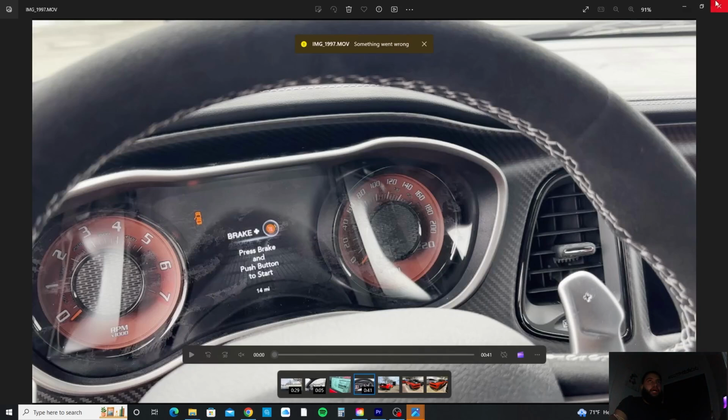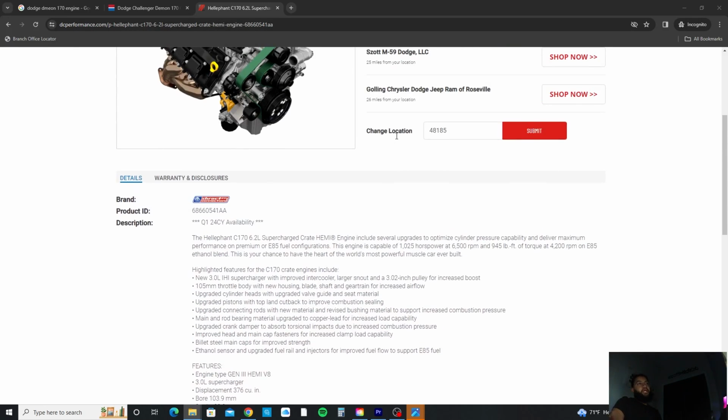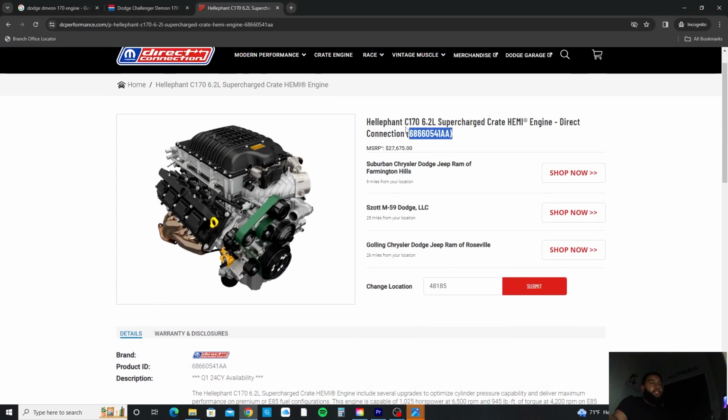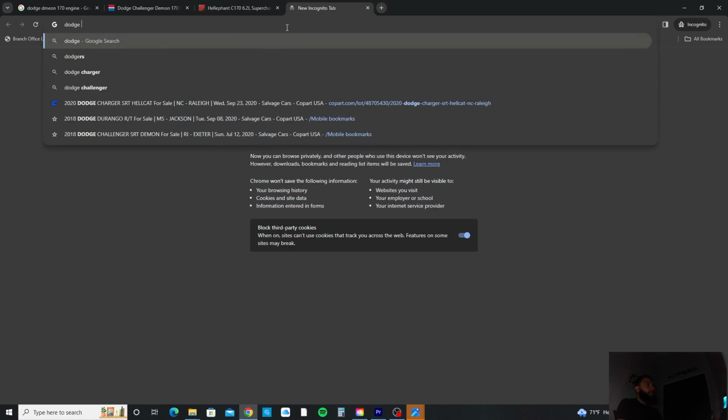Don't get me wrong, it's a cool car. It is the fastest production car that's out to this day, but it's just not worth the money, especially with these dealers trying to get out of them. It's not worth it to have that investment. Unless you're getting this car at sticker, or you're paying a little over sticker, like 10-15 grand, then it's worth it. But if you're paying anything over that...